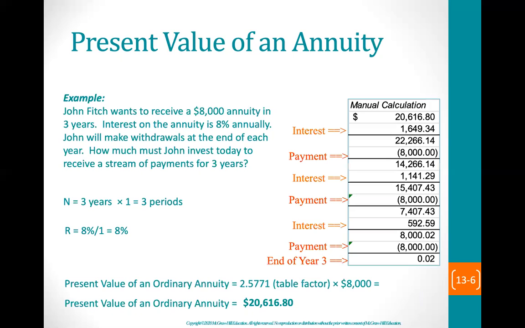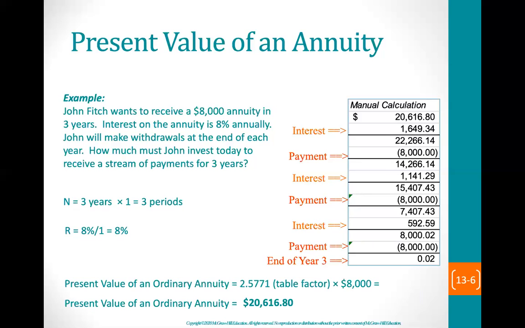We can check this manually. If he puts in $20,616.80, he earns interest at the end of the first year of 8% on that balance. So his new balance is $22,266.14. He then withdraws his $8,000 annuity. His balance becomes $14,266.14. It stays that balance for the entire year, so he earns interest of $1,141.29, making his new balance before his payment